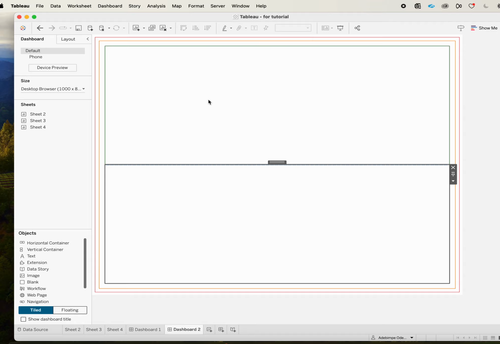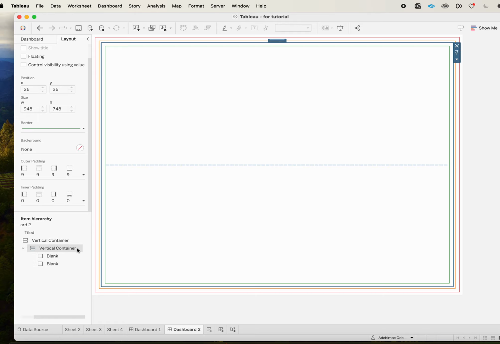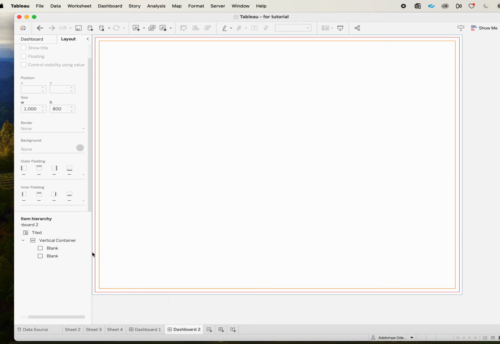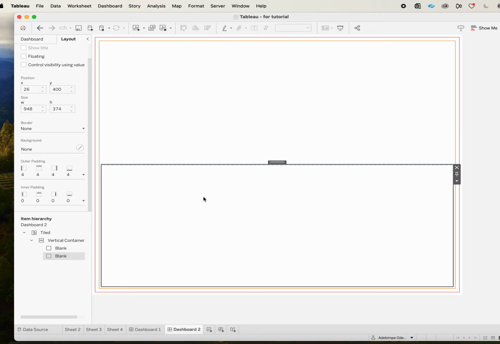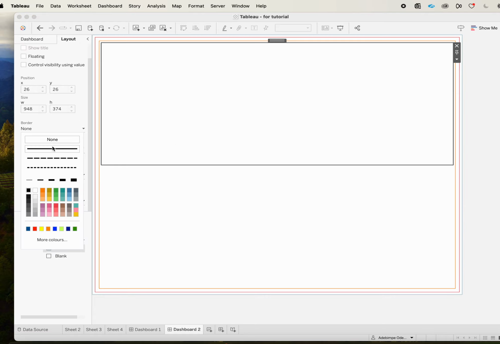So now I've successfully created 2 blanks inside the vertical container. Okay, we can actually now, let's see if we can delete this one. You can see it has removed that one, and it has taken us to the orange container. So if you do not want it to, you can come there and remove, then create 2 blanks in here and say, okay, now that I have 2 blanks, I can actually put a border and see